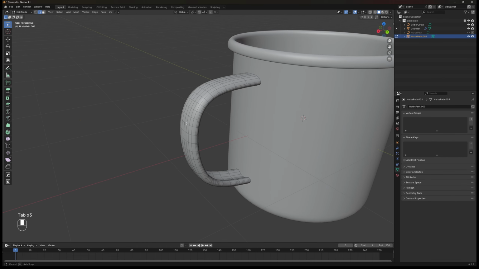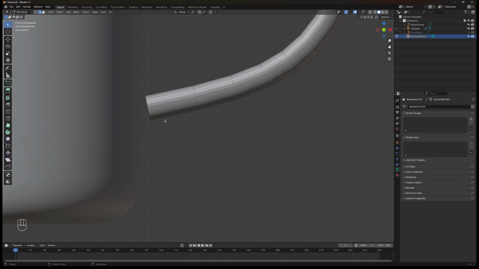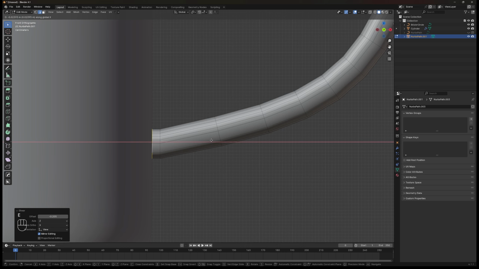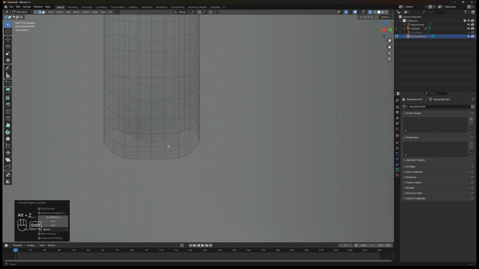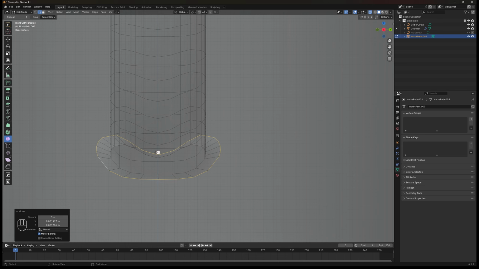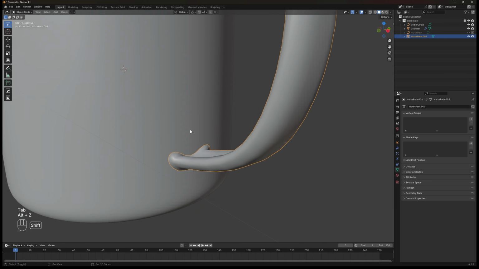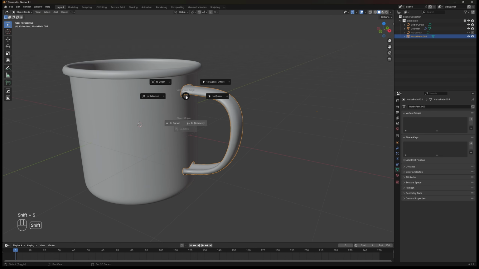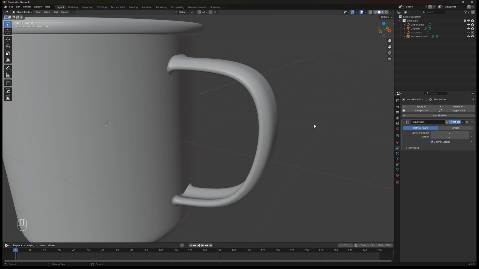In edit mode, select the bottom tip edge loop and press Shift Ctrl Alt plus S to skew it and make it shrink. Extrude the loop edge close to the cup, then scale it bigger. Select the pink imperfect cube here on the tool panel and drag the yellow dot to smooth it out. Do the same method for the top edge loop too. And lastly, Shift plus S and origin to geometry.